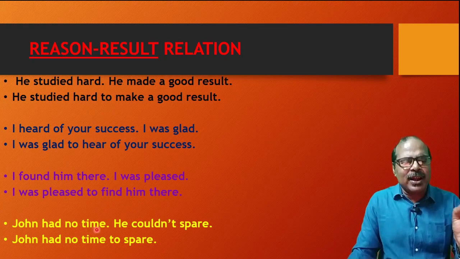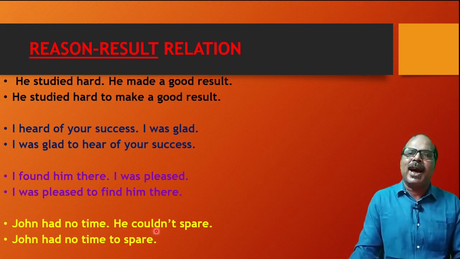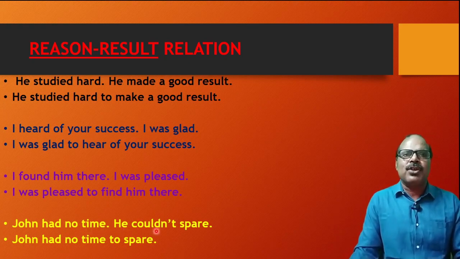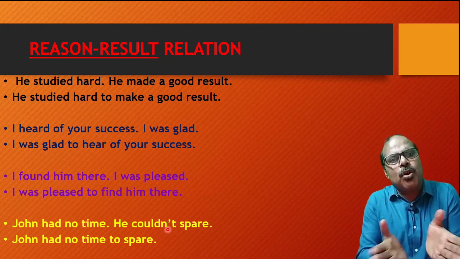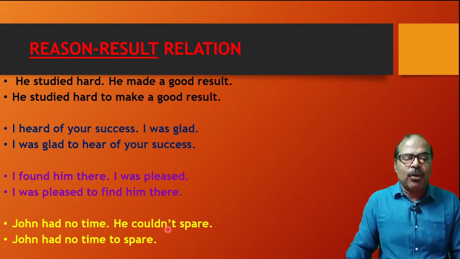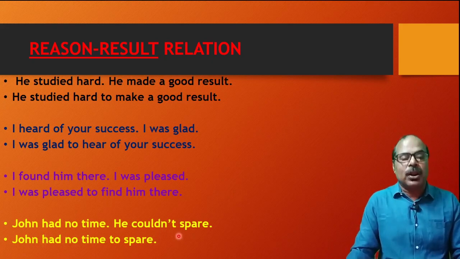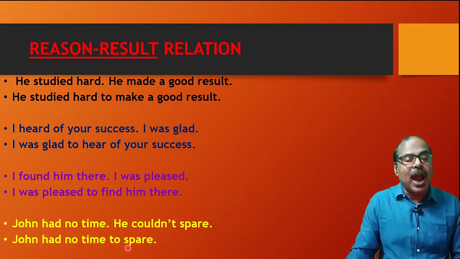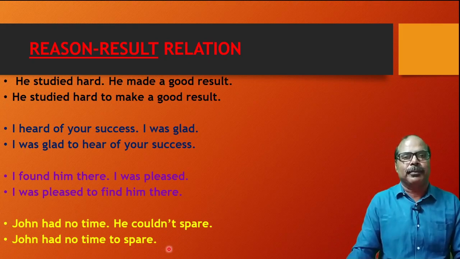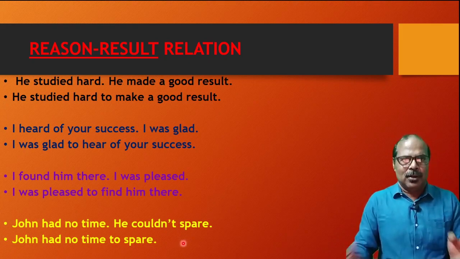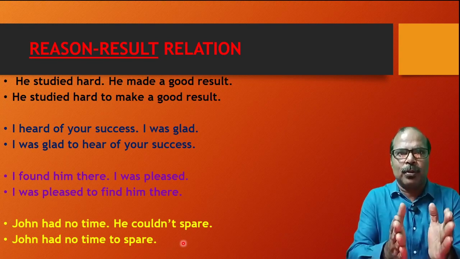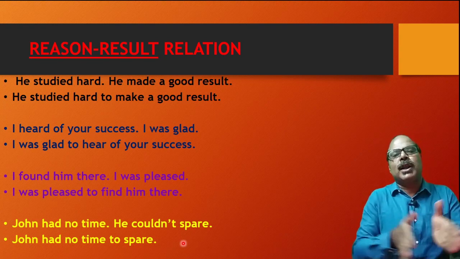Now John had no time. He couldn't spare. Why couldn't he spare time? Because he had no time. তাহলে তার রিজনটা কি? John had no time. তাহলে John had no time to spare. খরচ করার মতো, কাটানোর মতো বা দেওয়ার মতো জনের হাতে সময় ছিল না।